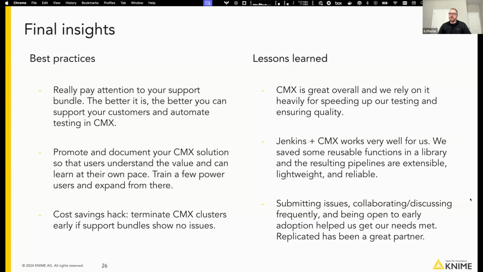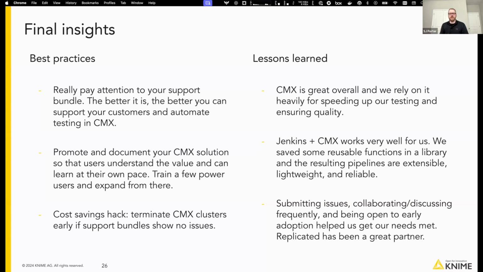And I think at least we got a lot of our needs met by submitting a lot of issues on GitHub, and really, if we needed something, describing it, and Replicated has been a great partner for that. Not that I'm encouraging just submitting a dozen issues today or something with Replicated, but they have been really receptive to our feedback, and that helped us succeed because some of the things we needed, in particular, like